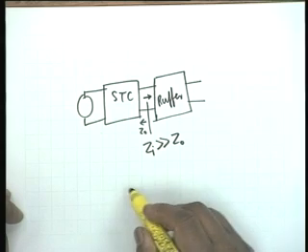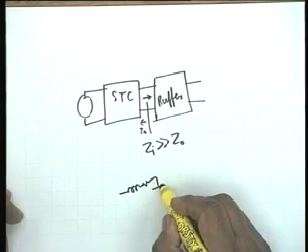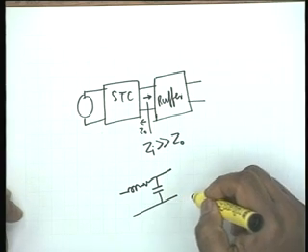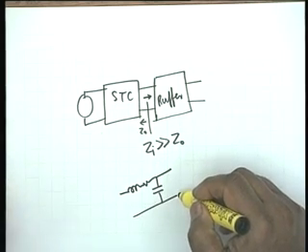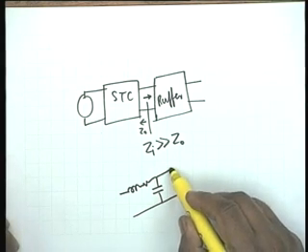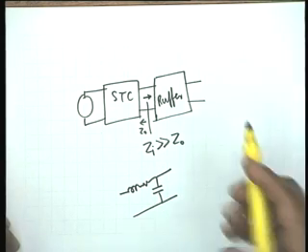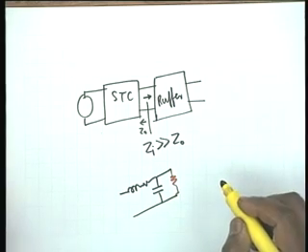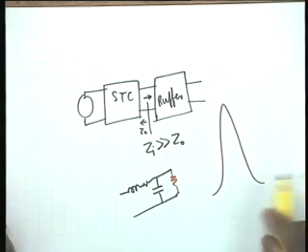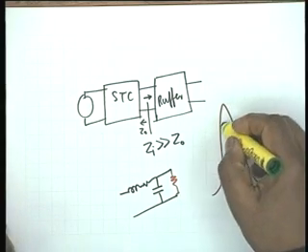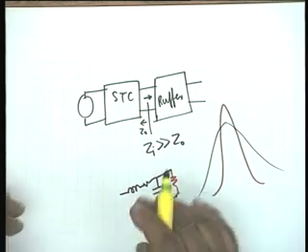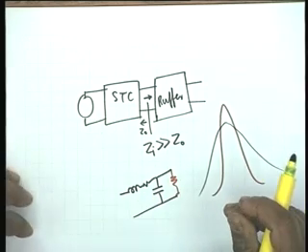For example, if your single tuned circuit, you are taking the output across the capacitor, and you connect any other impedance here, that is going to affect the tuned circuit response. For example, if this is a resistance, obviously if the single tuned circuit response was like this, with the resistance, this is what you expect. Usually it will become flatter, the Q shall be destroyed.